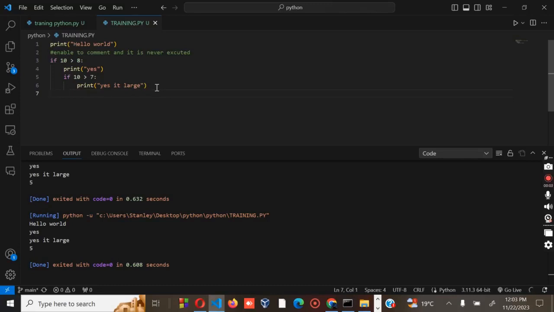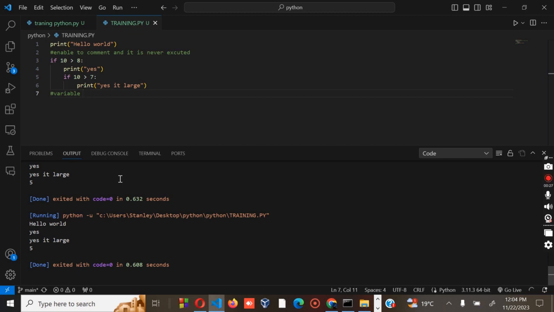Okay, on our next part, we look at variables. Remember what we have said: for the comment, which we usually write with the hash, it's never executed.